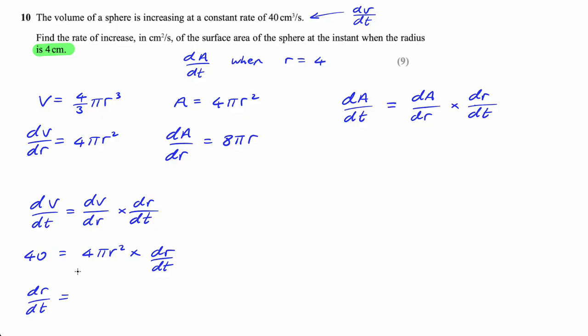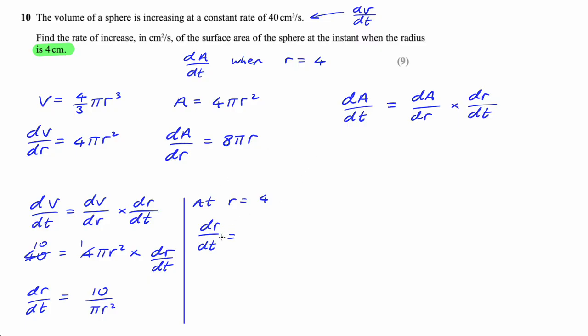So that's going to be 10, and that's going to be 1. So it's going to be 10 over πr². At r equals 4, dr/dt equals,